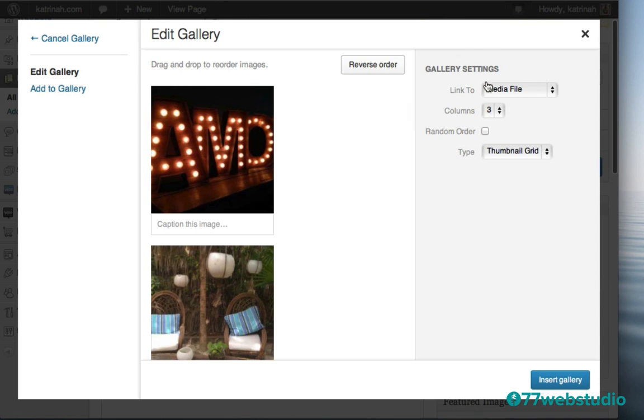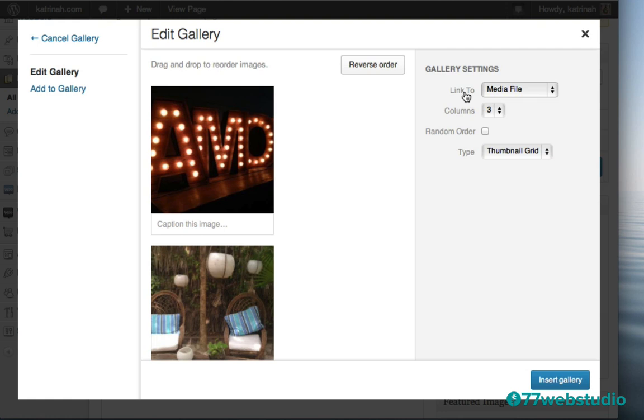On the right hand side, you see the gallery settings, and you see that right now I have it set for 3 columns going across. So that is what I want. I want to have 3 columns, so 3 different images on each row, so I'll leave it like that, and then you can select what type of gallery you want, either a thumbnail grid or a slideshow. I'll keep it at thumbnail grid. I'm not going to bother too much with this, I'll just leave it as is, because with the lightbox, the images, when you click on them, will actually be opening up into a lightbox.